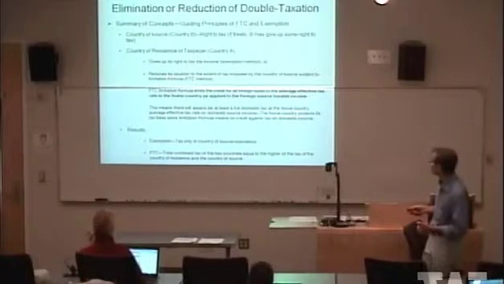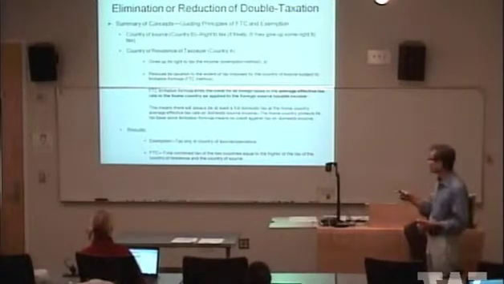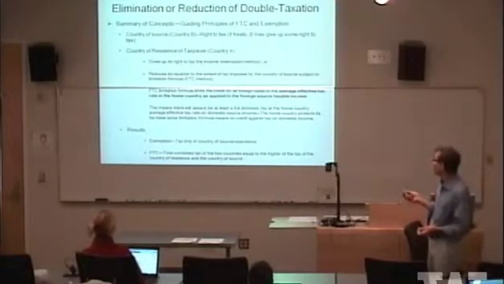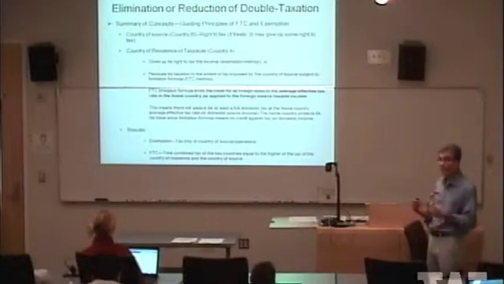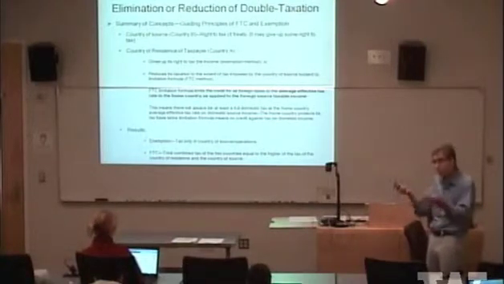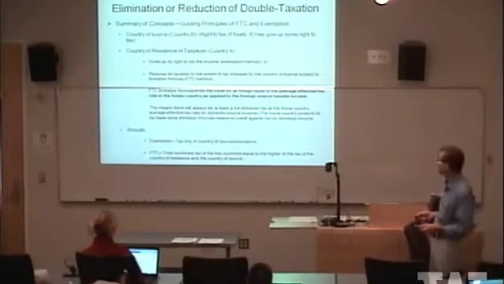So this slide is meant to summarize the various concepts that you want to take away. Country of source has the first right to tax, and whatever the country of residence of the taxpayer might grant doesn't affect that. Country B applies its own rules, and that's it. If there's a treaty, of course, maybe the amount of tax is reduced, but it's still applied and they get the first right to tax.